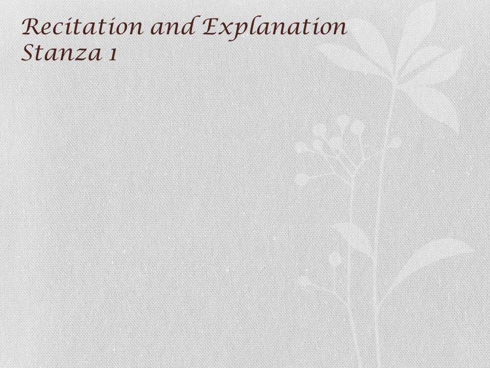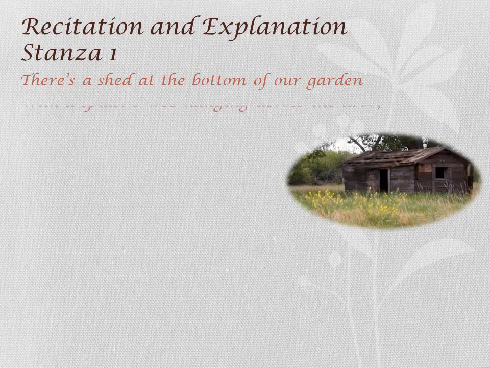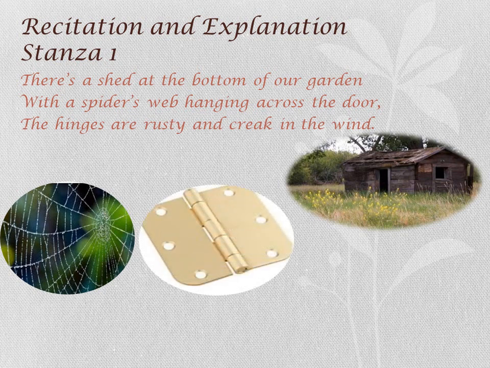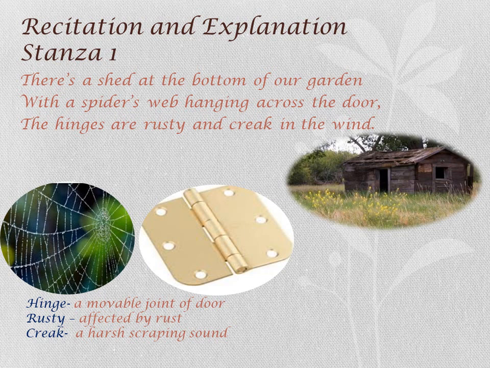Start with the recitation and explanation of stanza 1. There's a shed at the bottom of a garden. You can see the shed in the picture with a spider's web hanging across the door. So the poet is basically saying here that there's a shed at the bottom of his own garden. Hardly anyone goes inside this shed. It may not be used because it is quite old. So that's why the spiders are the first ones who came up there to make their webs. The hinges are rusty and creak in the wind. Hinges means door joints. Rusty means affected by rust. And creak means a harsh scraping sound. So the door joints have also become rusty and make a lot of noise whenever the wind makes them